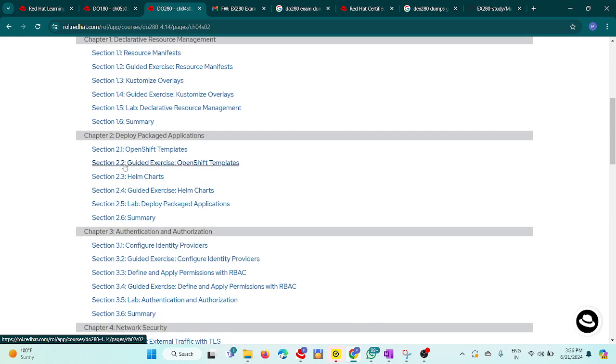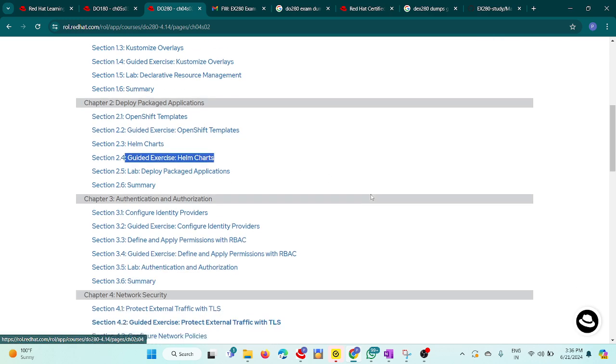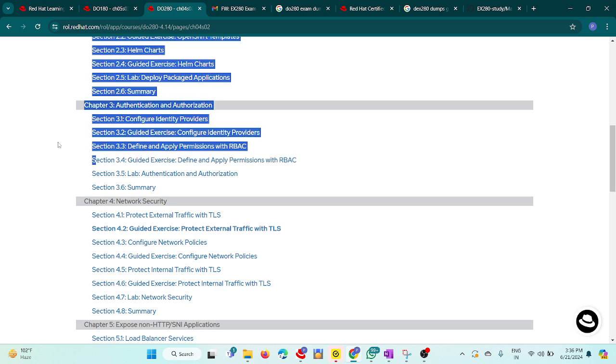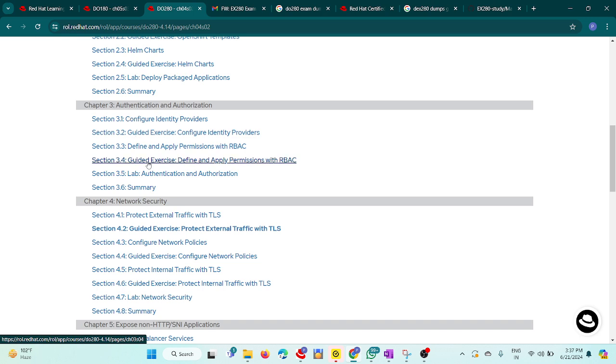manifest, customize, okay, but Helm charts you can prepare. Then identity provider, I told you this will be 100 marks. So just try this, prepare this. You will get 100 marks from here. And then